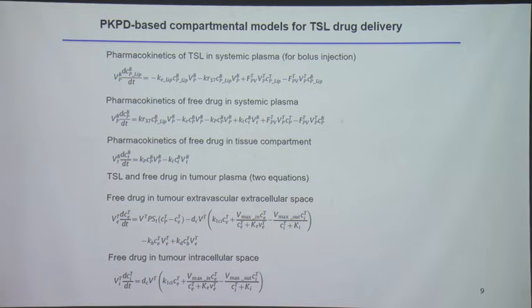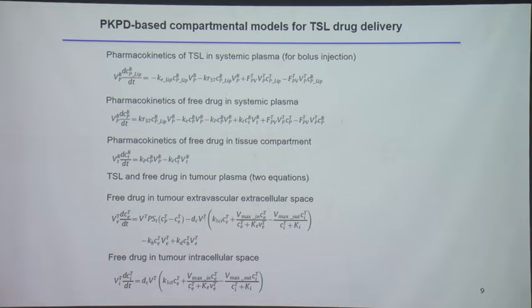You start with different compartments, and for each compartment, for example, you start with the PK model of the thermosensitive liposomes in the systemic plasma, assuming a bolus injection, and you have that equation. And then you can also do the pharmacokinetics of free drug,